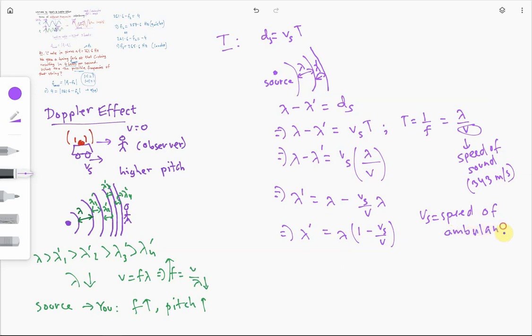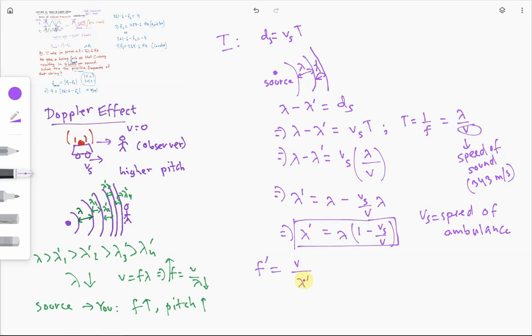Alright, so this is how you get the changed wavelength, the apparently diminished wavelength for the source moving closer to you who is stationary. From wavelength we can also then go ahead and find what the new frequency is. The new frequency is f prime. F prime is equal to v over lambda prime, right? Now v is just the speed of sound, again 343, you can think of it like that, and